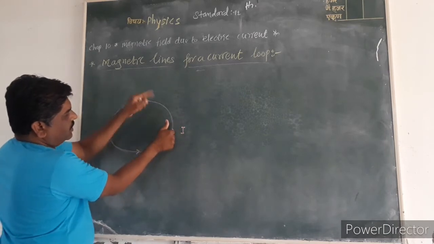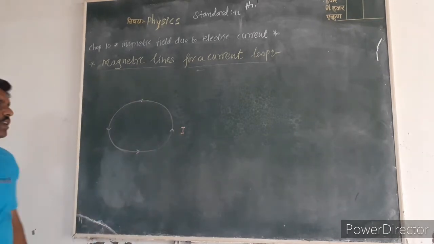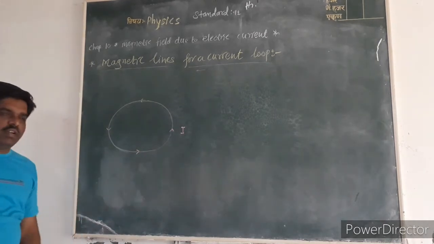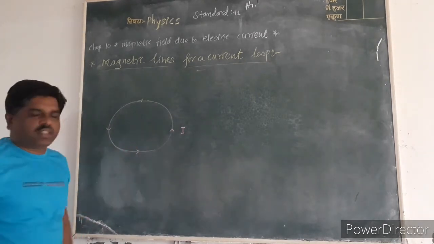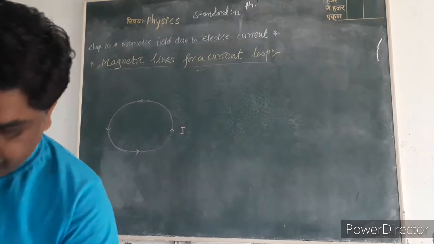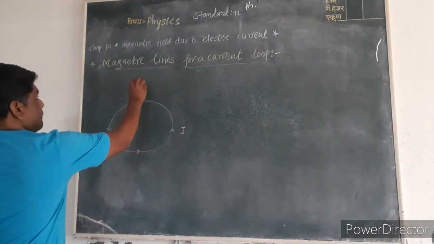In this case, this thumb denotes the direction of current, and around that wire or loop there is production of magnetic field. Due to the magnetic field, there are magnetic lines,